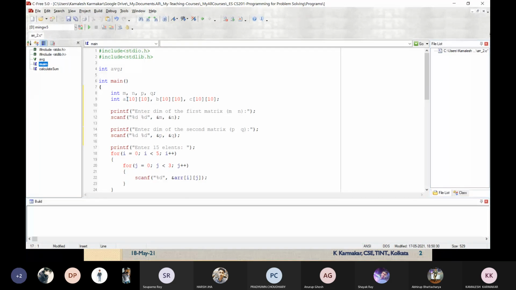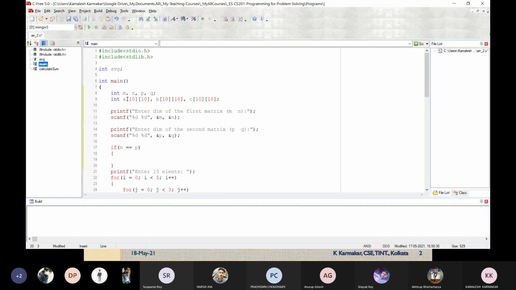Now what will be the first task in our program? Before multiplication we have to check whether this multiplication is permissible or not. So we will check if the dimension, that means if this value n equals p, then we can proceed.